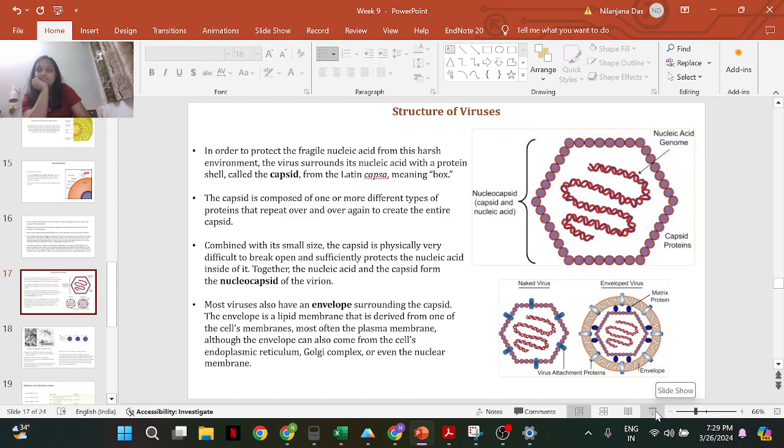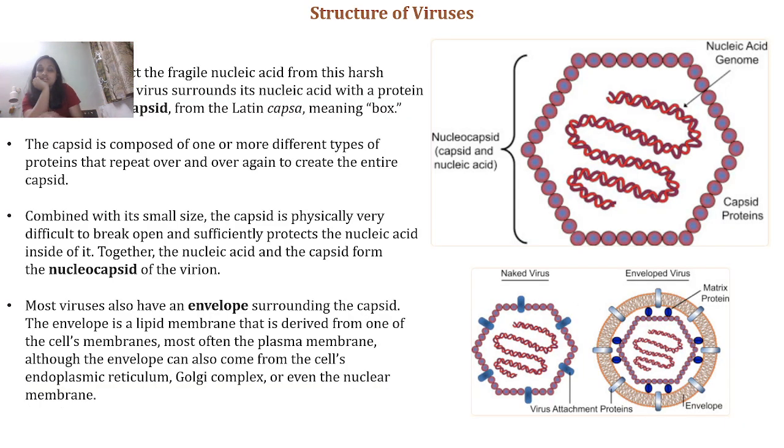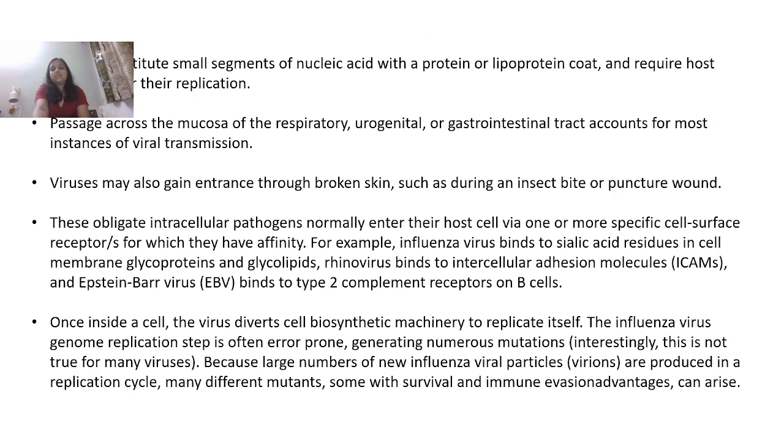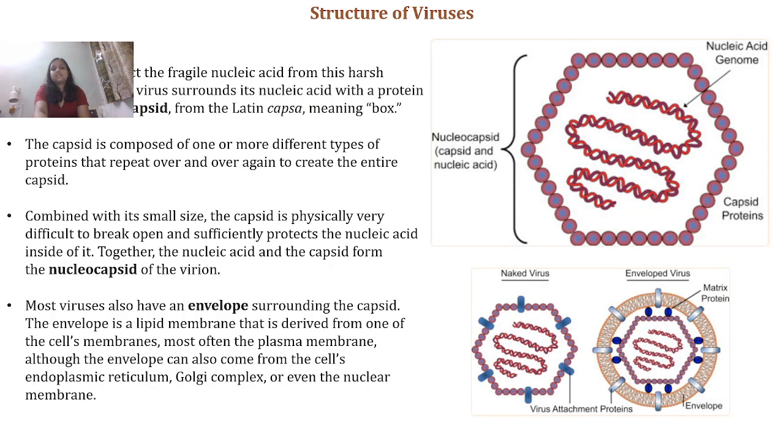So there are different structures of viruses. For example, not all the viruses look similar. They have different shape, different size, even different genome, different replication properties. So we need to understand what are the different kinds of viruses and what is mostly the common structure of the viruses. So there are three main things which are present in the viruses.